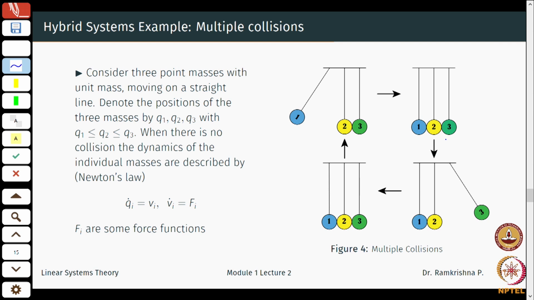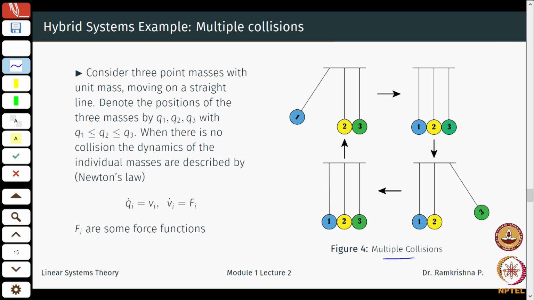This is important because, if you look at much of our JEE training, or training in those days, they talk of elastic and inelastic collisions and so on. Now, can we revisit those in a different way than what we were taught in those days? So let's do this simple example. This is also called a Newton's cradle, and there are beautiful videos online which you can watch about this.